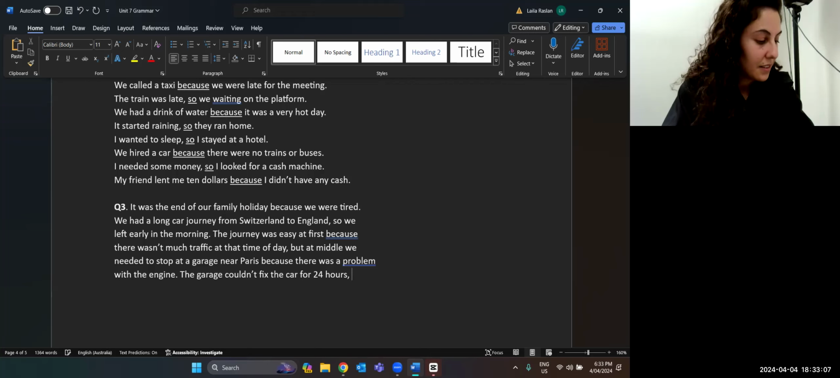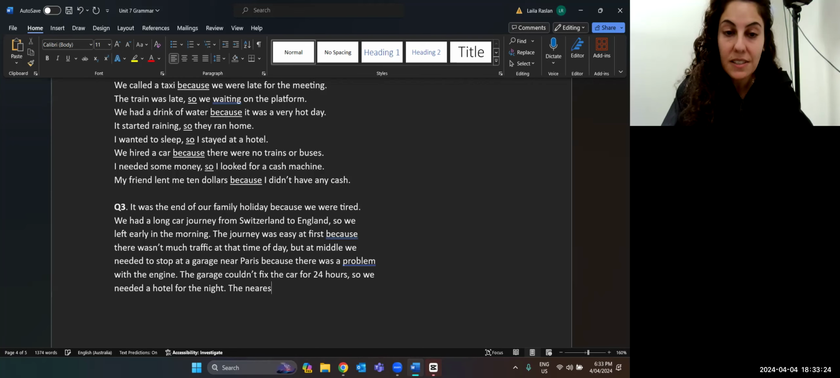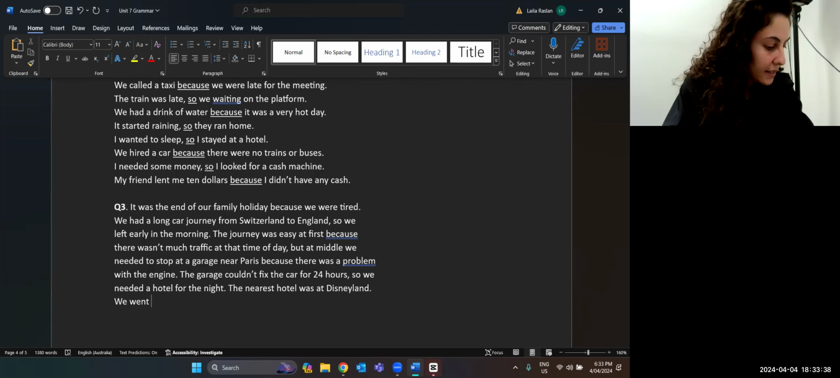comma. So remember, after a comma, so we needed a hotel for the night. The nearest, that means the closest, the nearest hotel was at Disneyland. We went there